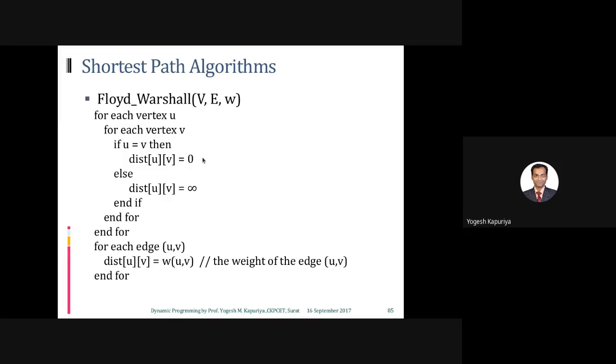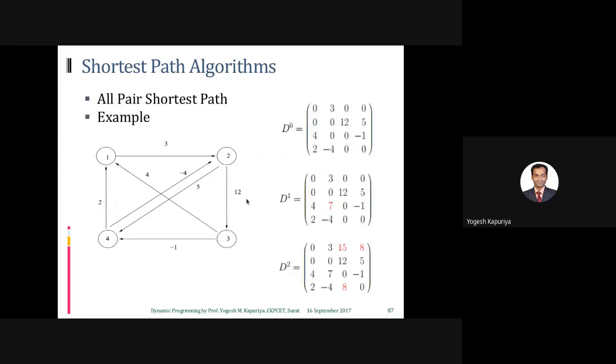As we know, first we initialize the distance between every pair of vertices. How many vertices? The number of vertices V. So for every vertex u belonging to V, and for each vertex v belonging to V, you need to generate a pair, right? That's why you require two for loops. That will generate a kind of matrix. On each row you have a vertex, on each column also you have a vertex.